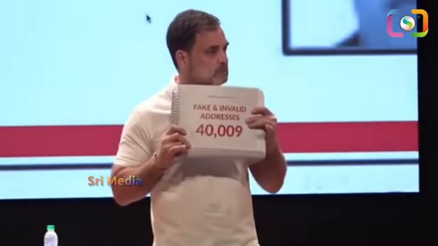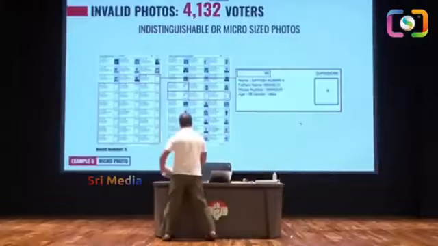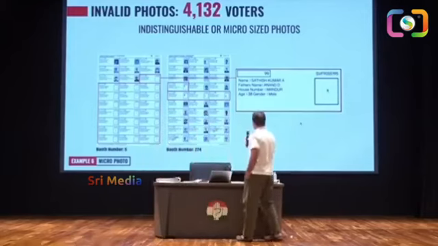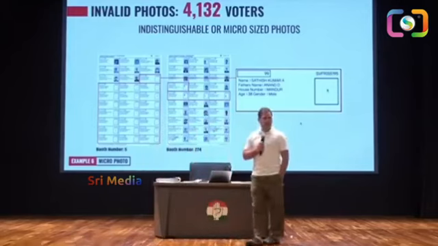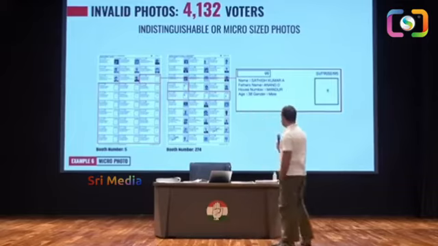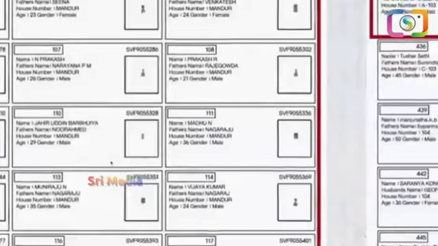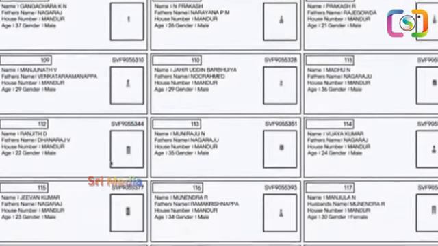These guys don't exist. Okay? Next. Invalid photos. There are 4,000 voters. Show the photos. These are the photos. Either no photo or a photo that is so small that